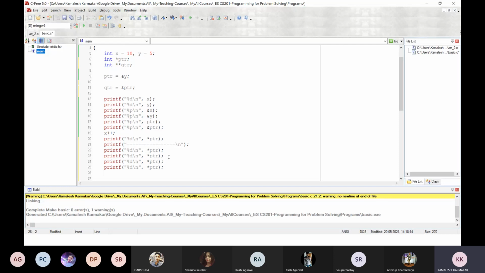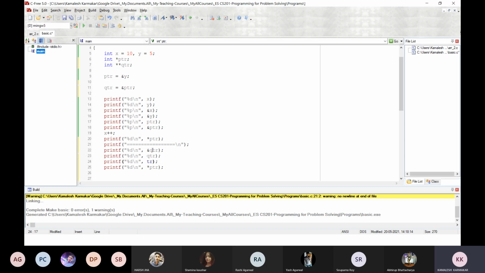If I print qtr, it will print the address of ptr, because qtr is a variable holding the address of ptr. If I print the address of qtr, it will be the address of qtr itself.